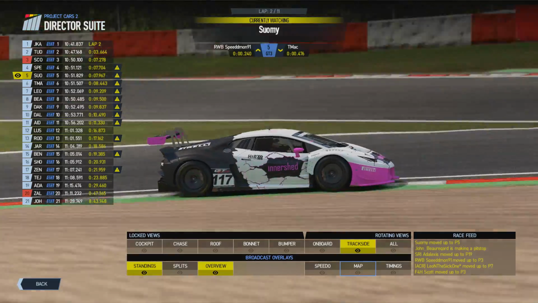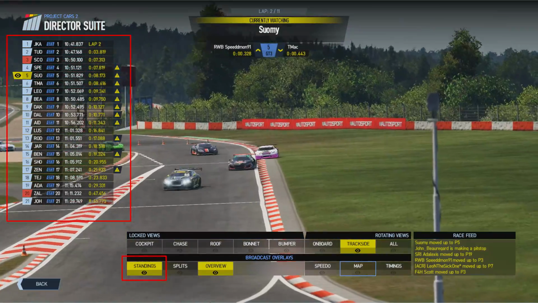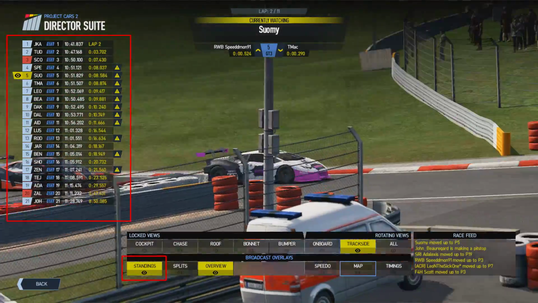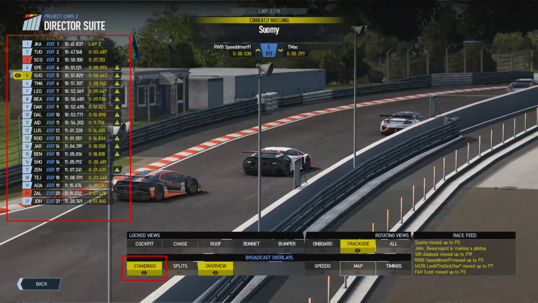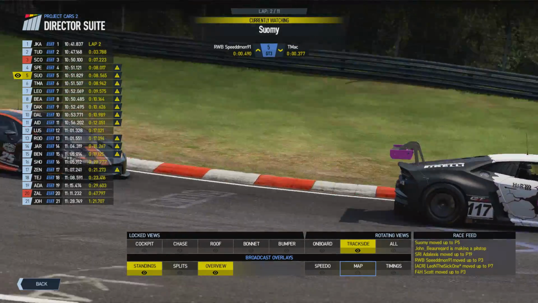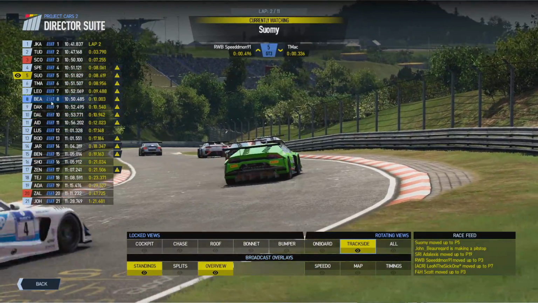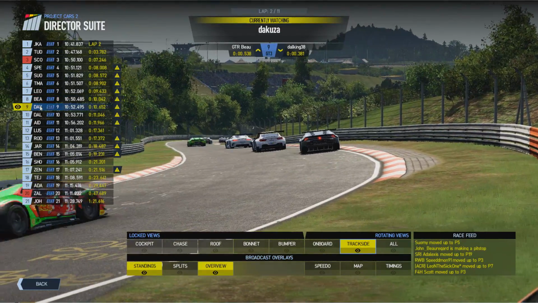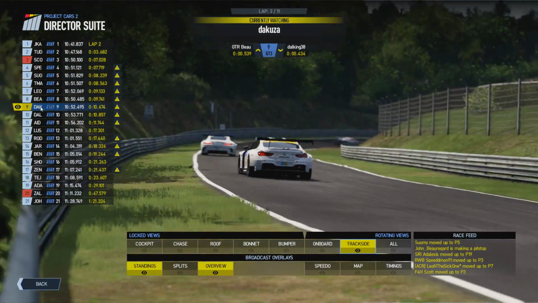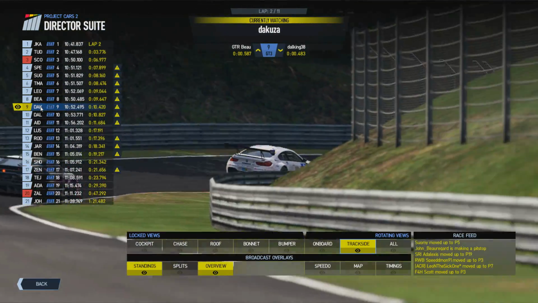So starting off on the left hand side in the red highlighted box, we have the standings panel, and this shows the position of the drivers in the session or race. The first set of numbers down the far left hand side in the light bluey grey colour background with the numbers inside, that is the overall position of the drivers, and any numbers that have a red background,